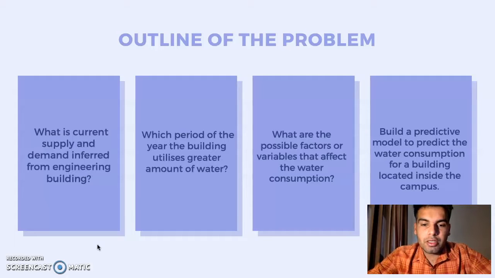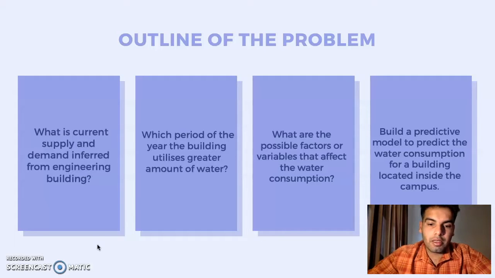So, using the information from NUI Galway water supply readings, we came up with these four outlines of the problem. First is, what is the current supply and demand inferred from the engineering building? Second would be, which period of the year the building utilizes greater amounts of water? And third would be, what are the possible factors or variables that affect the water consumption? And using this information, we intend to build a predictive model to predict the water consumption for a building located